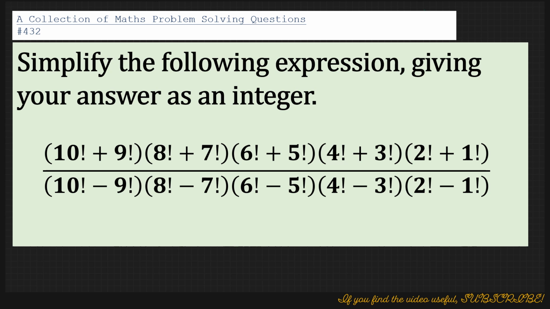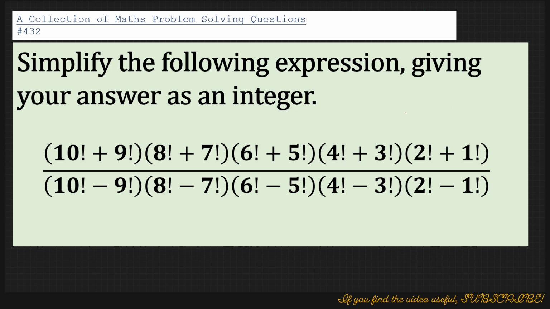Factorial 10 plus factorial 9, multiplied by factorial 8 plus factorial 7 and so on, and then divided by factorial 10 minus factorial 9. So what we can do is rewrite these. If you had factorial 10, that is the same as 10 multiplied by factorial 9. And if you had factorial 9, you can write it as 9 multiplied by factorial 8. So bearing this in mind, we are going to